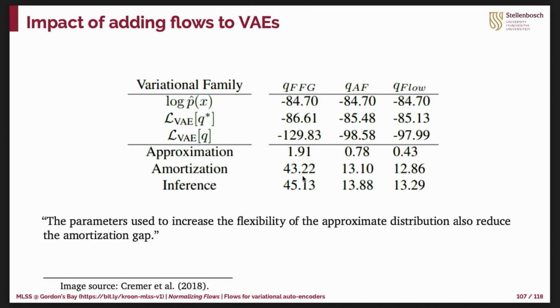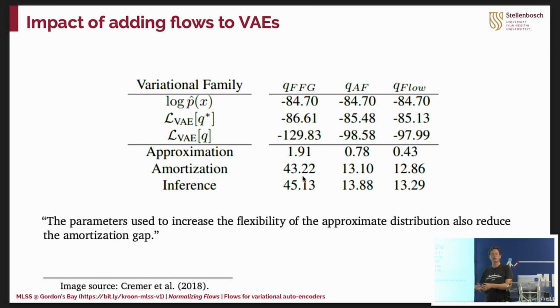but I'm going to skip that, and then just mention that when we do this, at least for some early examples, it turns out that the parameters we use to increase the flexibility of the approximate distribution, in other words, when we try and reduce the approximation gap, these more complicated networks actually allow us to also generalize better, and so our amortization gap decreases significantly as well. So overall, we get a dramatic improvement here from this large reduction is only actually slightly attributable to the richer variational family, but largely attributed to a better ability